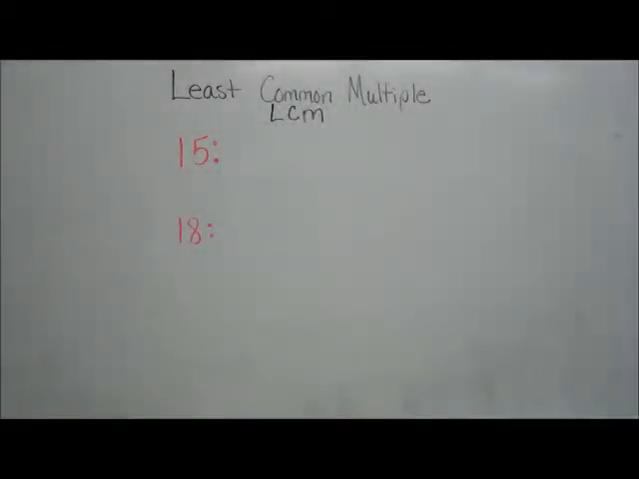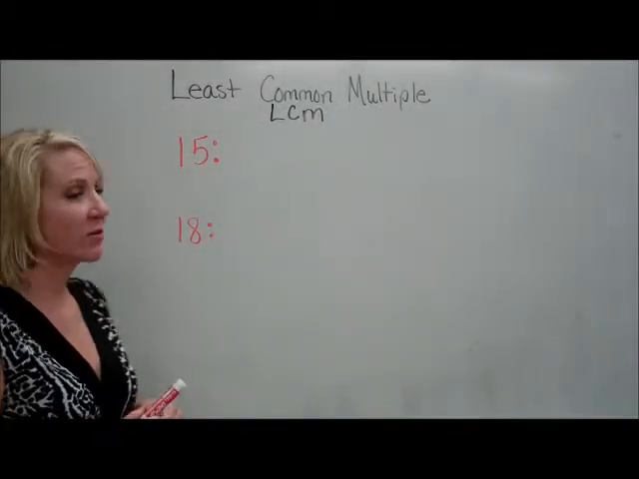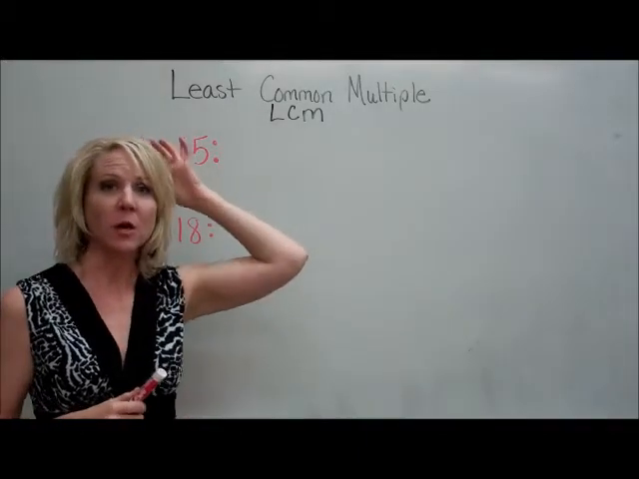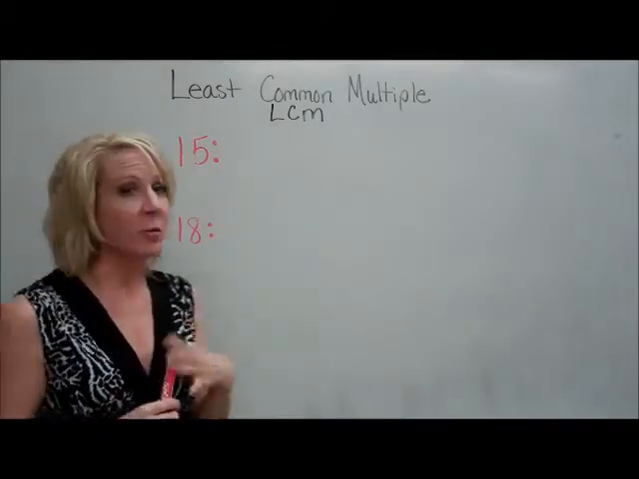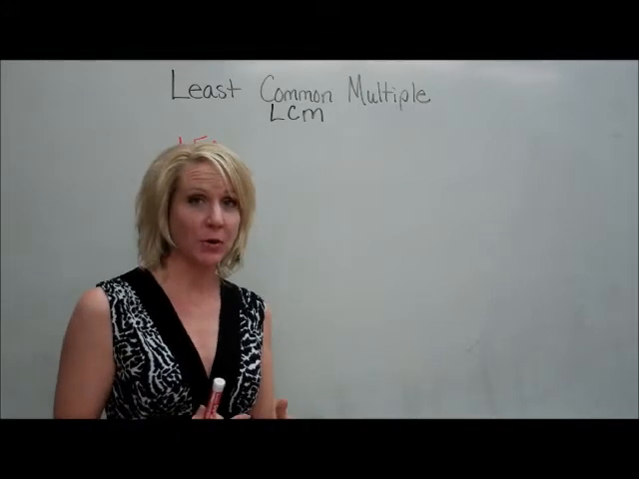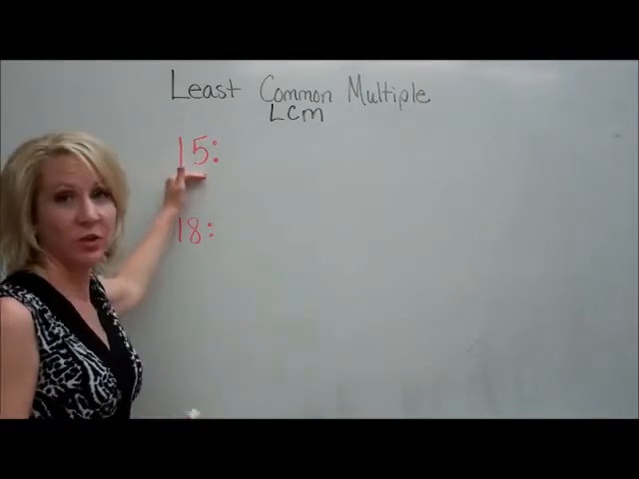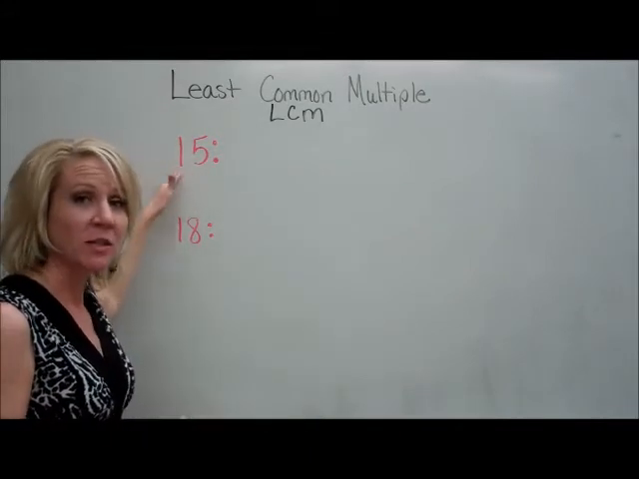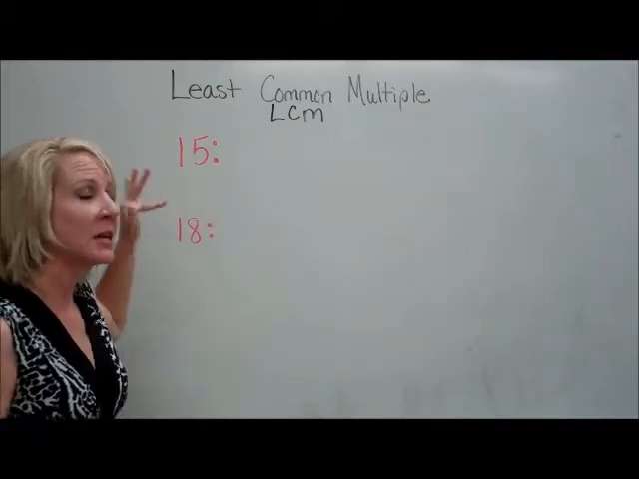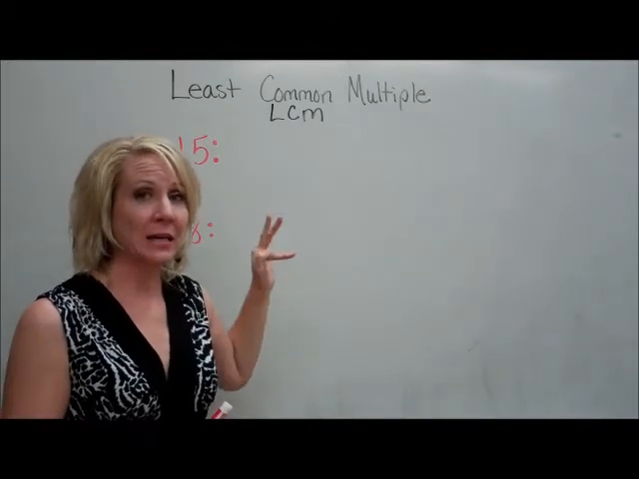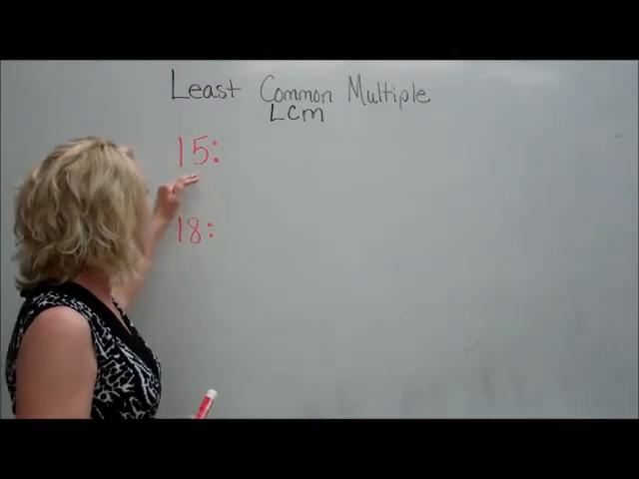When working with fractions, sometimes it's also beneficial to know how to find the least common multiple. Multiples are basically the multiplication table of a given number. So for example, one of our given numbers here is 15. The multiples of 15 would simply be the products that we get, the answers that we get, by multiplying 15